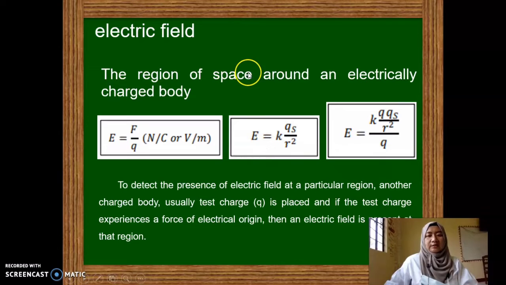So the region of space around an electrically charged body can be identified using this formula. Electric field is equal to force over the charge, or electric field is equal to the proportionality constant K times the charge over the distance between them squared. To detect the presence of an electric field at a particular region, another charged body, usually a test charge q, is placed, and if the test charge experiences a force of electrical origin,